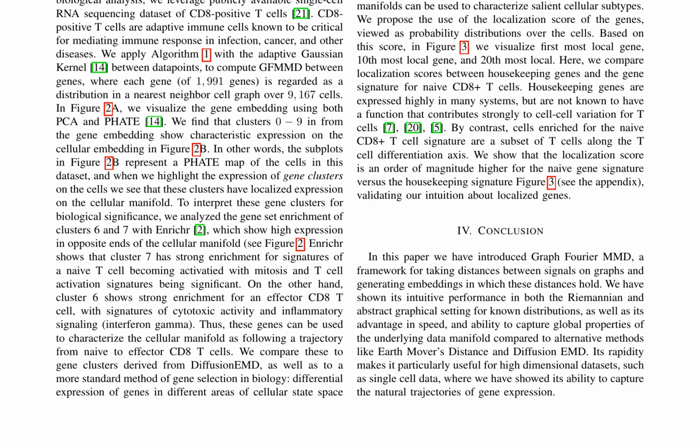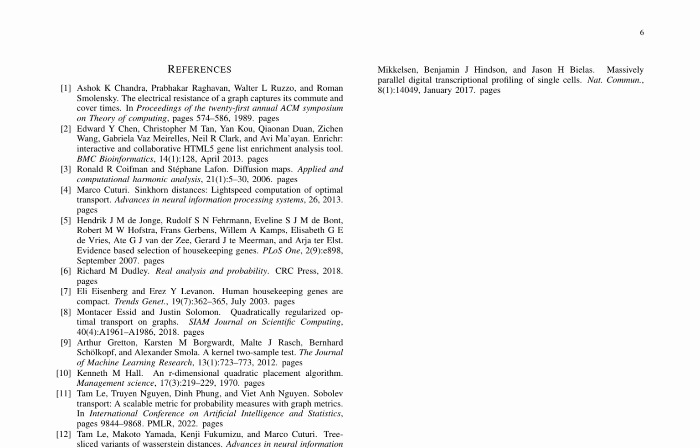The authors also apply Graph Fourier MMD to single-cell RNA sequencing data, leveraging a publicly available dataset of CD8-positive T cells. By computing GFMMD between genes, the authors identify clusters of genes that exhibit localized expression on the cellular manifold. These clusters are shown to be biologically significant, with enrichment for signatures of naive T-cell activation and effector CD8 T-cell